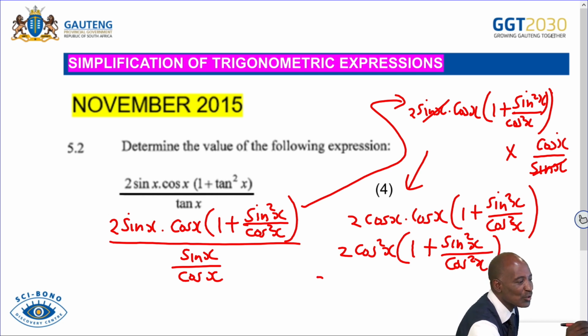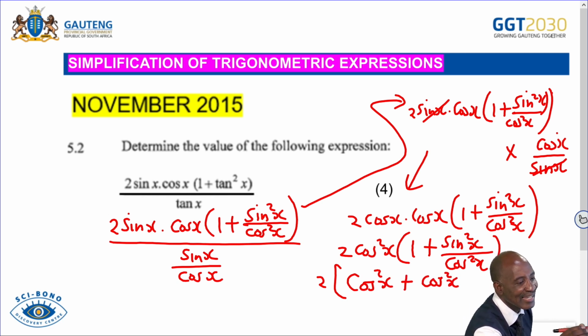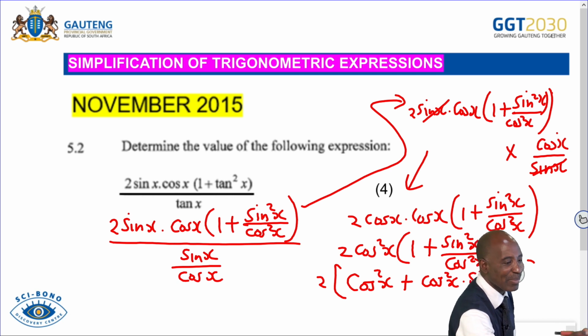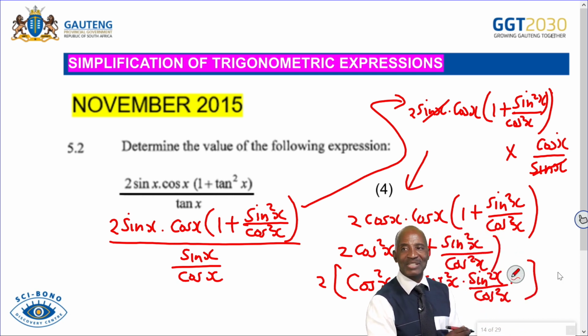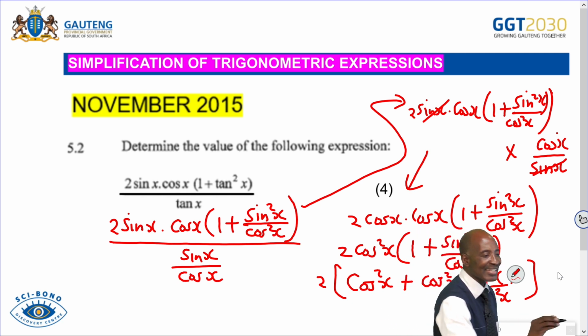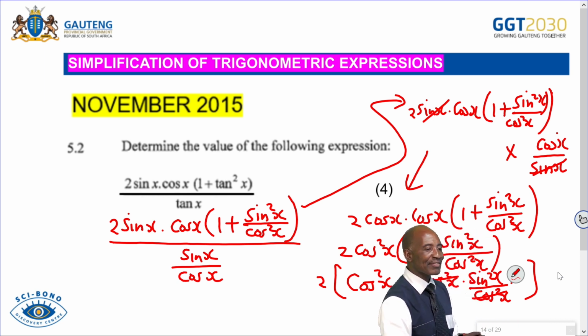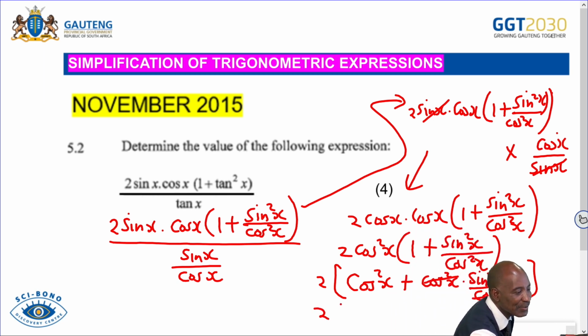So this will then become 2 into cos squared x plus cos squared x times sine squared x over cos squared x. You are distributing your cos squared, but there is still a 2 outside. That's why I'm still maintaining a bracket. Then as this cos squared jumps in, these will divide and go. And what is left is now twice cos squared x added to sine squared